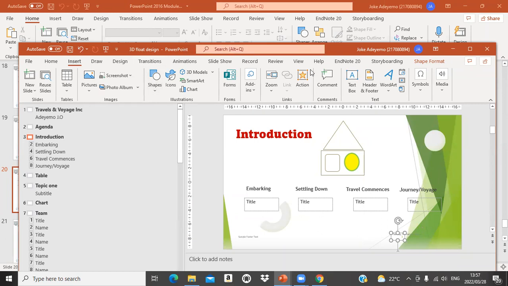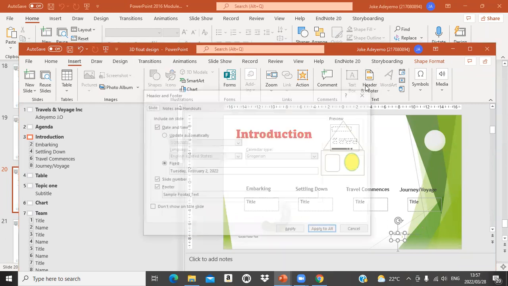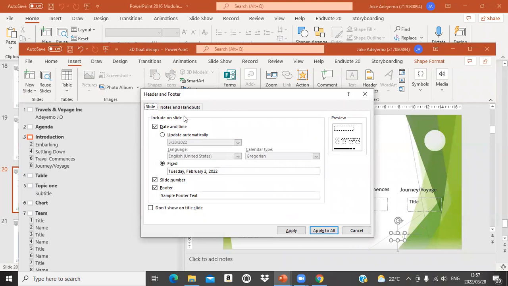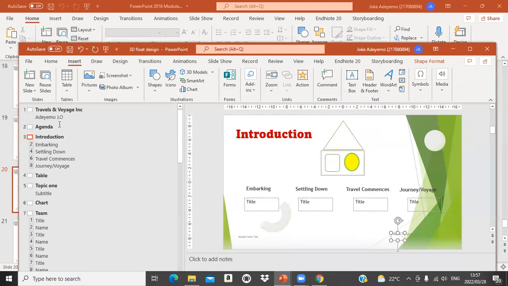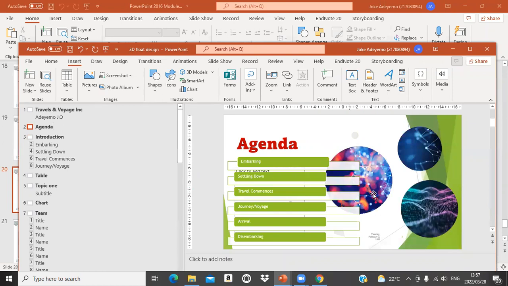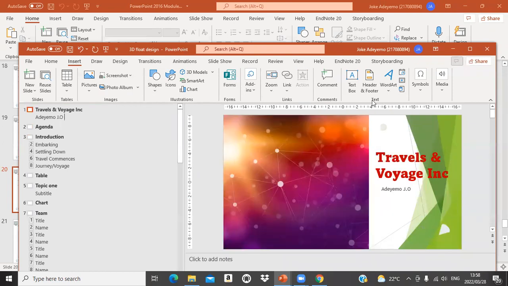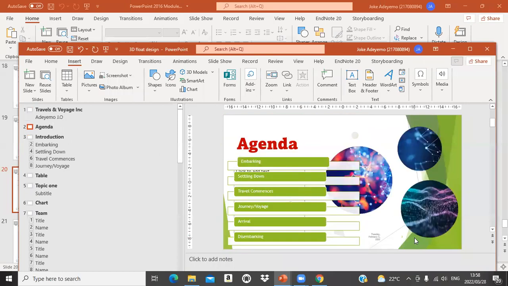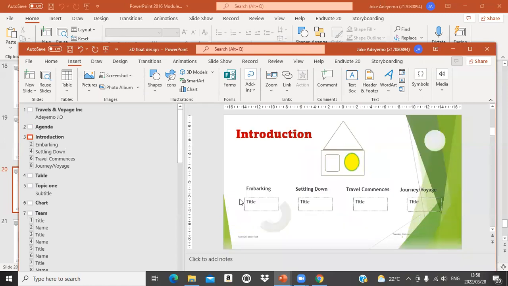You can also add your slide numbers as well. This is 2. This is 1. Agenda is 2. Introduction is 3. If I increase the size of the slides,